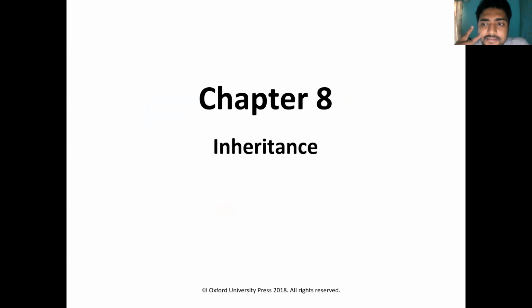We have two types of classes here: one is the base class, the second one is the subclass. Here the terminology is superclass and subclass. So simply we are reusing the already given names.